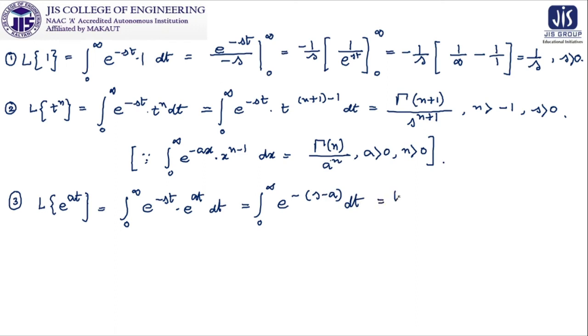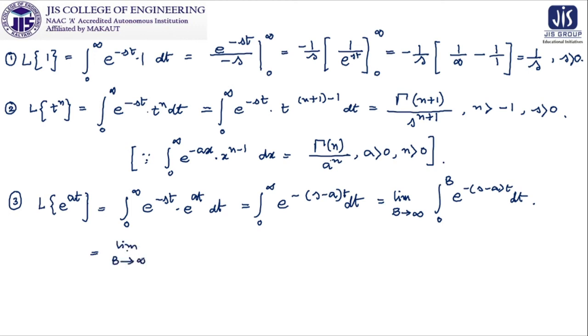Now we are applying the standard process of improper integration. So we are writing it as limit b tends to infinity, integral 0 to b, e to the power minus (s minus a) t dt. Obviously here it will be (s minus a) t. Okay, so in the next line we can write it as limit